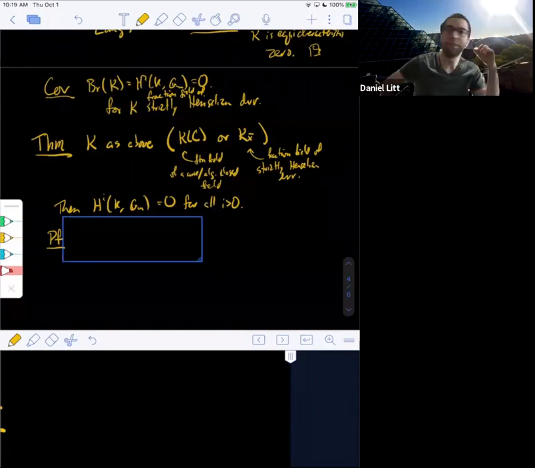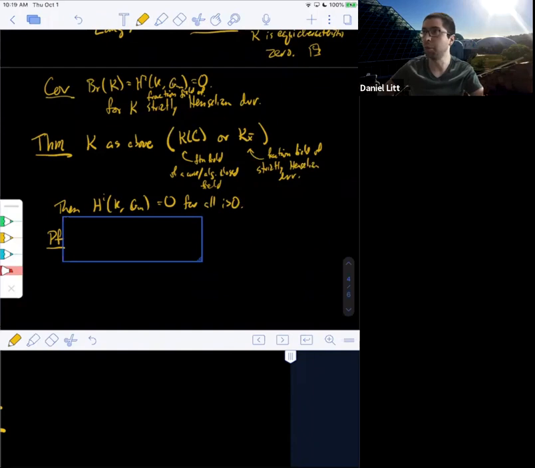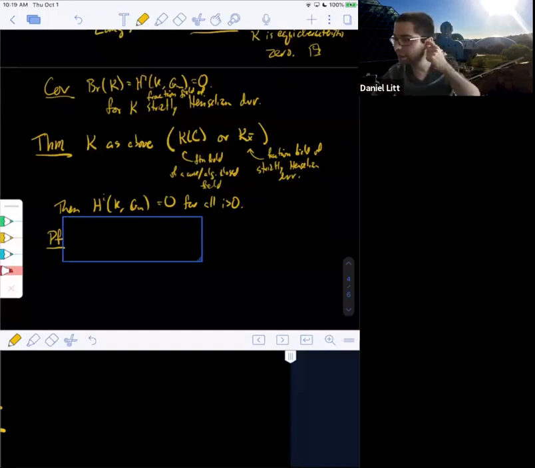Okay, so let me remind you broadly what was happening is that we had this Weil divisor exact sequence, which related the cohomology of the curve to the push forward of G_m from the generic point. And so what we were trying to do is understand that cohomology. So that cohomology, it turned out, by the Leray spectral sequence essentially, was related to the cohomology of G_m on the generic point itself, and also the cohomology of these strictly Henselian local rings with coefficients in G_m. And so now we're showing that all of those things are 0 in high degree. All right. Anyone have any comments or questions about that?